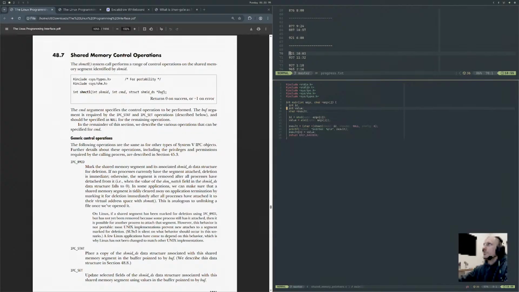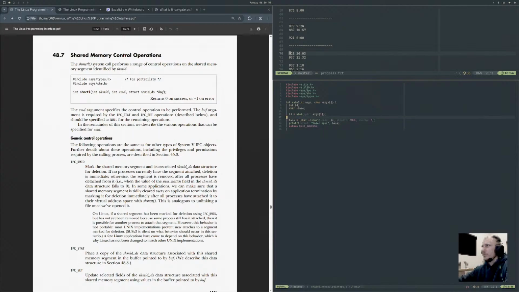We don't care about this value anymore. We'll say base is at that, and result will be base. Okay, so we got our attachment,